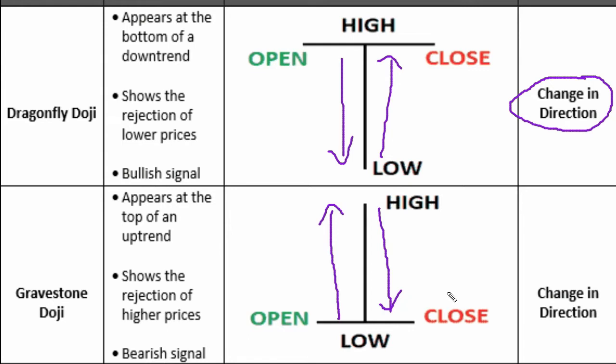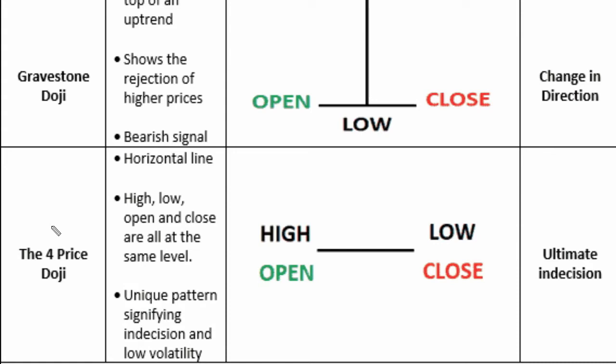The sellers are clearly dominating the buyers and this formation shows the rejection of the buyers. So the sellers become dominant and there is a high chance of getting a bearish rally. This formation actually shows a change in direction, very similar to shooting star but less powerful than shooting star. But both dragonfly doji and gravestone doji can give a strong trend reversal. Now the final part is four price doji,